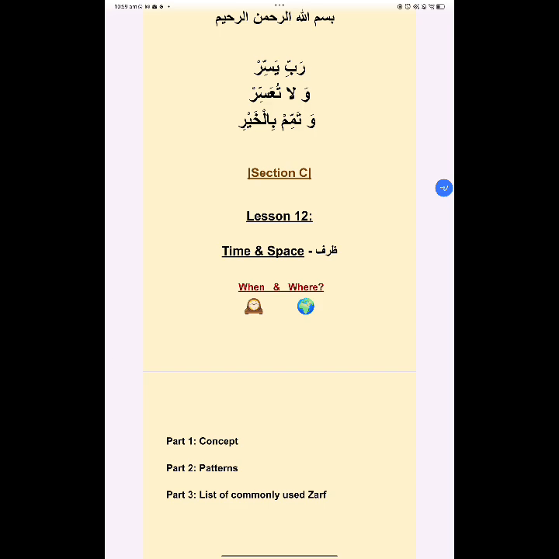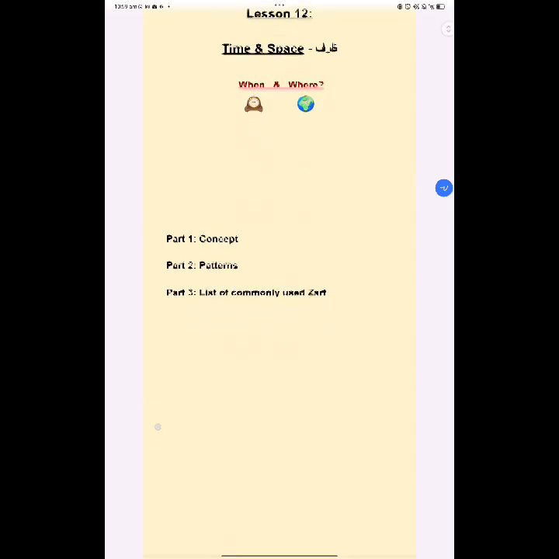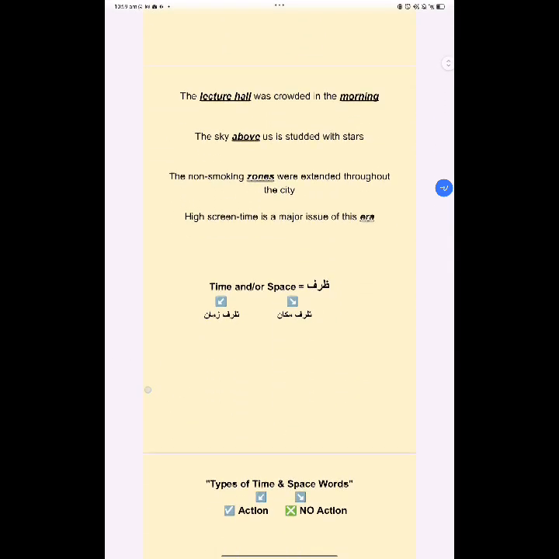Okay, so let's move on to the concept. First of all, now, I'm taking this from the very beginning so that you don't have to have any prior knowledge or information about what exactly Zarf is. It is for total beginners, like all the previous lectures, okay? All right. So these are some sample sentences.